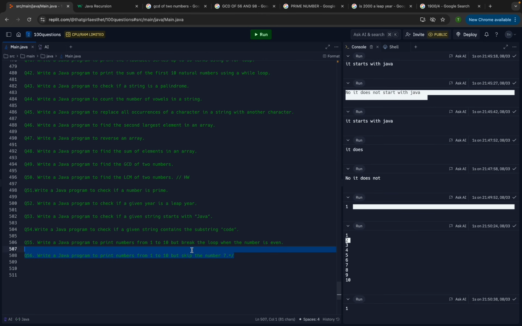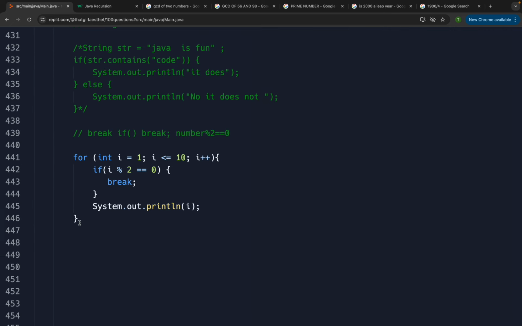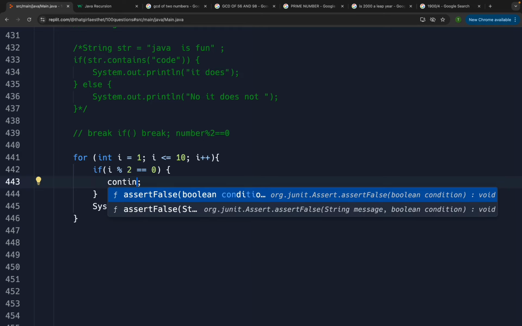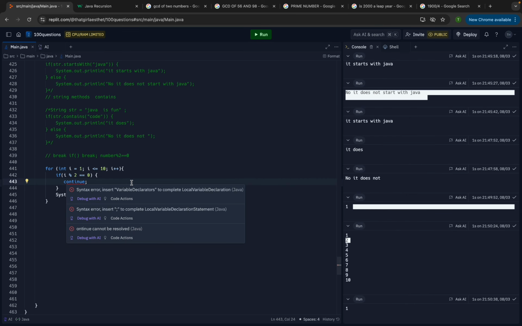Now the last question of the inter level. Write a Java program to print numbers from 1 to 10 but skip the number 7. Now in this case, we need to skip the number 7 and we want the loop to continue as it is. So with break, we also discussed a continue statement. If we use continue in this only,